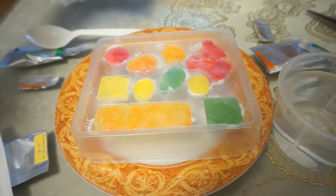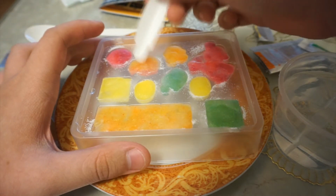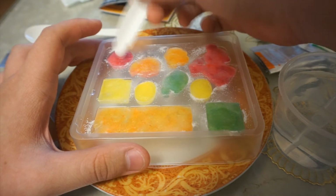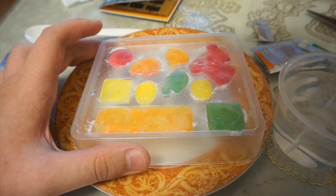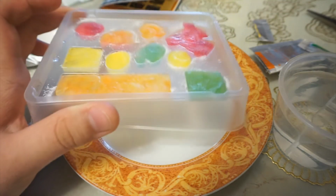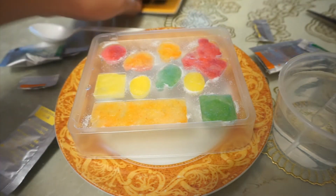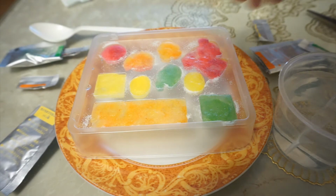Anyway, a few minutes have passed, and I think these have turned solid already. Wow, it's pretty gooey, like gummy candy would be. I don't know if I added too much water, but I think they've turned solid. I think you can shake them no problem. So right, we have a nice little